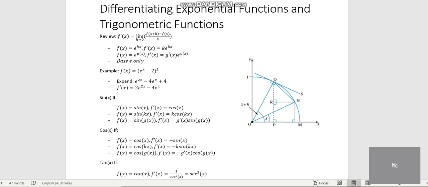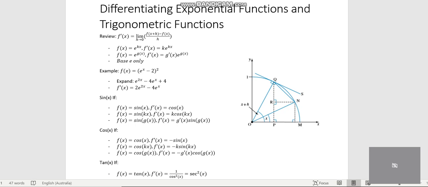So for example, we have f of x equals (e to the x minus 2) all squared. What you can do is expand that out, so you have e to the power 2x, because e to the x times e to the x, going to indices laws, you add the powers together. So you get e to the 2x minus 4e to the x plus 4, and then you can differentiate each part. So e to the 2x becomes 2e to the 2x, minus 4e to the x, and then the constant is